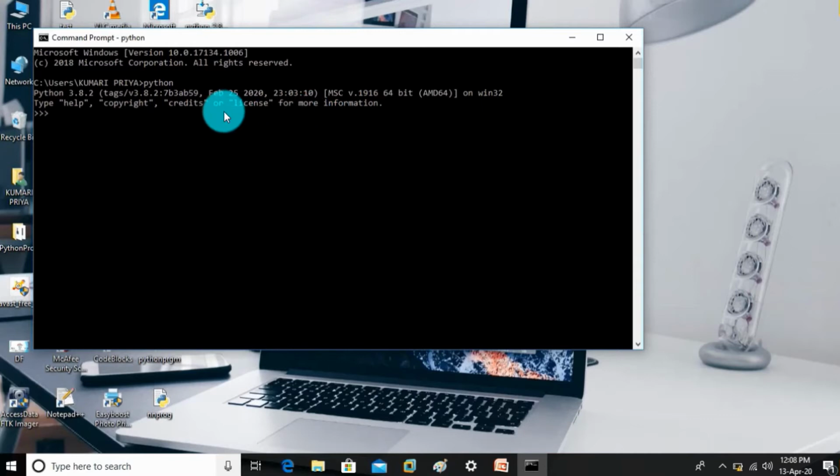Alright, let's try some print statement. Fine, you can see the output in the very next line.